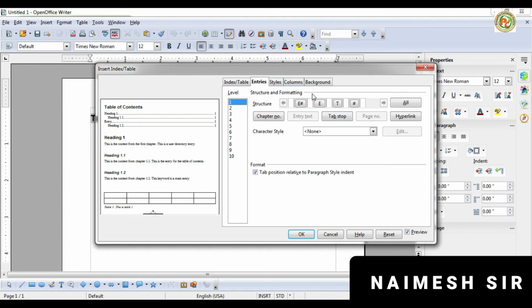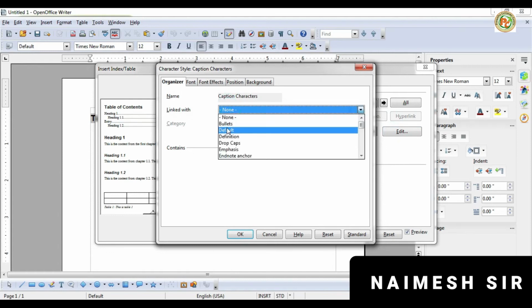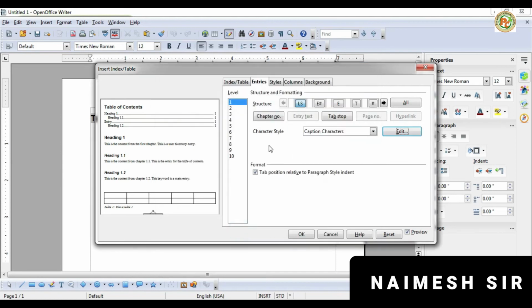If you want to insert the hyperlink, click on the hyperlink. Internet hyperlink is there, line numbering is there, main index or entry is there. So you can click here for the page number, or if you want to set any visited link here, you can click here, whatever you want to put inside the link. Okay, so the caption character will be there. Now click here, edit, and select anything like default. Okay, and then click OK. So the particular hyperlink will be edited, and when you click on that, a new page or something new will appear.